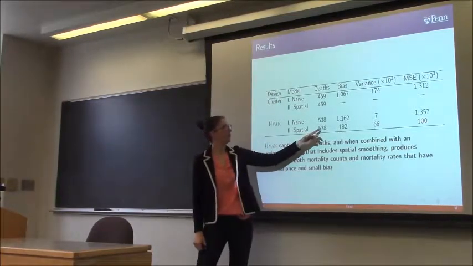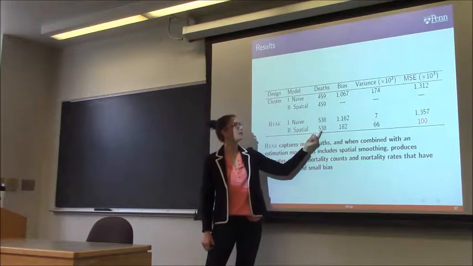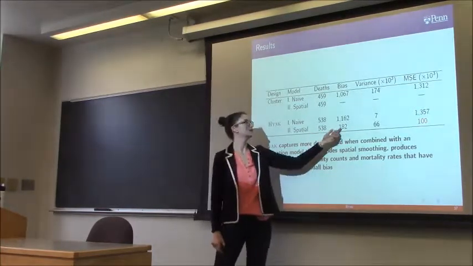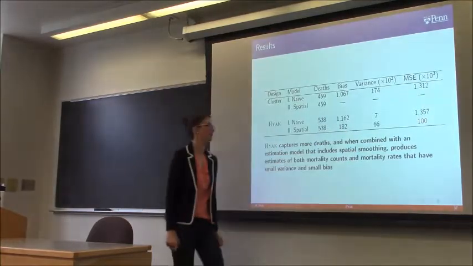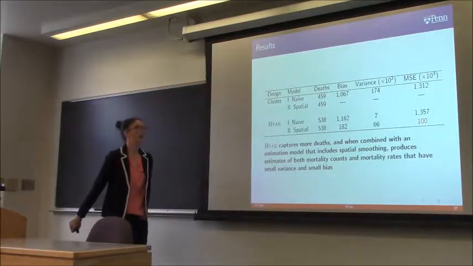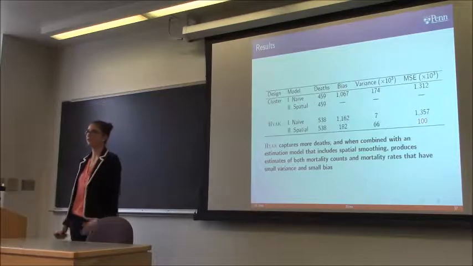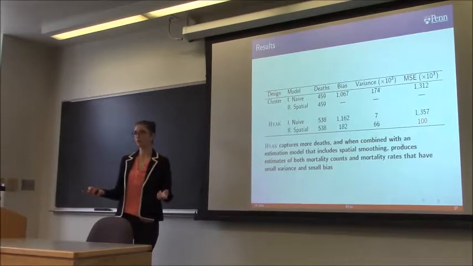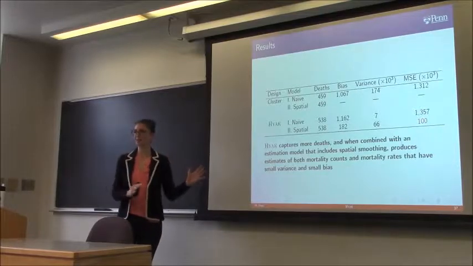And then I'm showing you here the mean number of deaths that we've captured across the 100 draws from our population, as well as the bias, variance, and MSE. So what do we notice straight off the bat? Well, our goal was to collect more deaths, and our informed sampling procedure does do that. And that's good. We've sort of designed it that way so it passes the smell test.